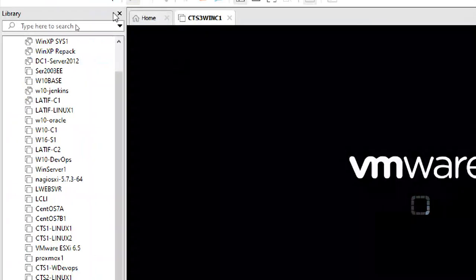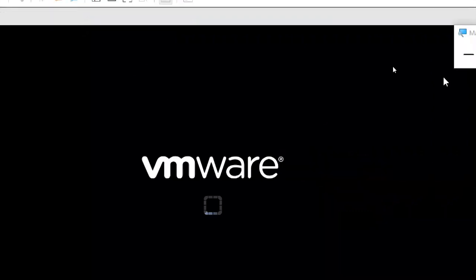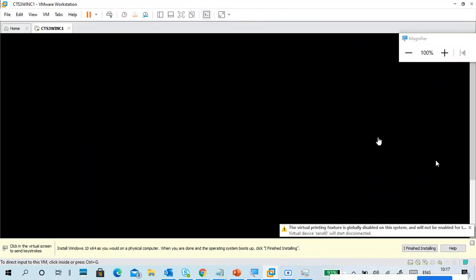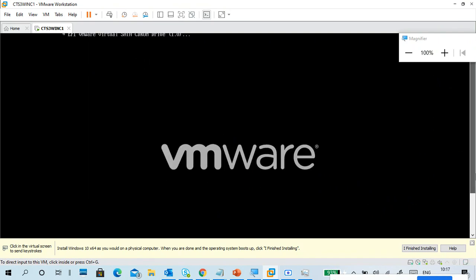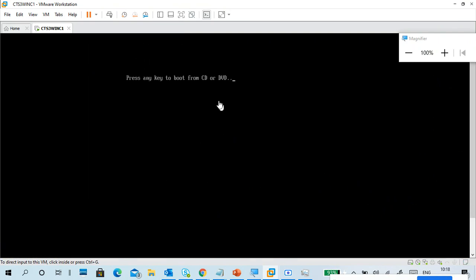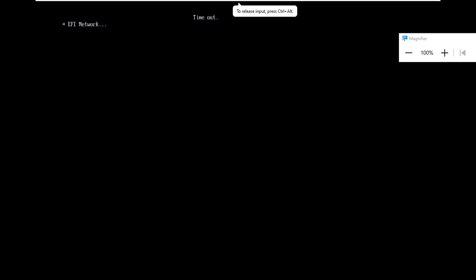Now I'm powering on my virtual machine. Every setting is good. Okay, better to keep it in full screen mode while you are doing this. Press alt control insert.